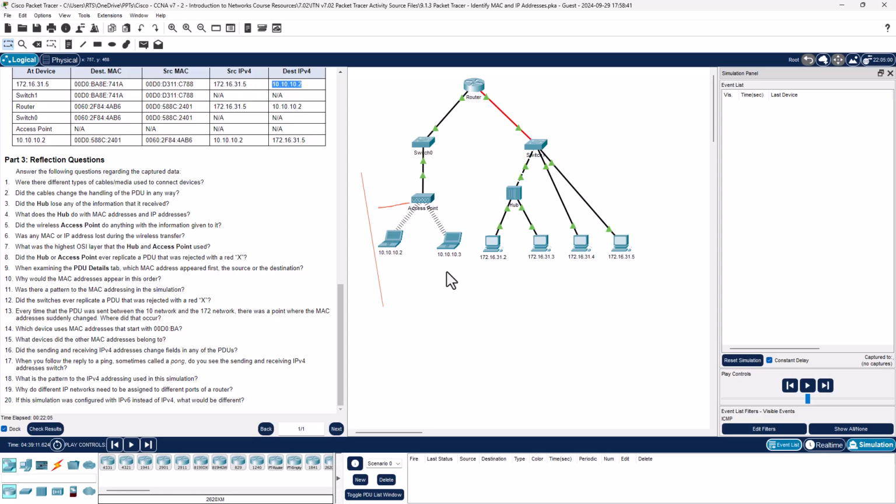Did the wireless access point do anything with the information given to it? Yes, it did repack the Ethernet frame and then put it into a wireless frame. So to do this again,